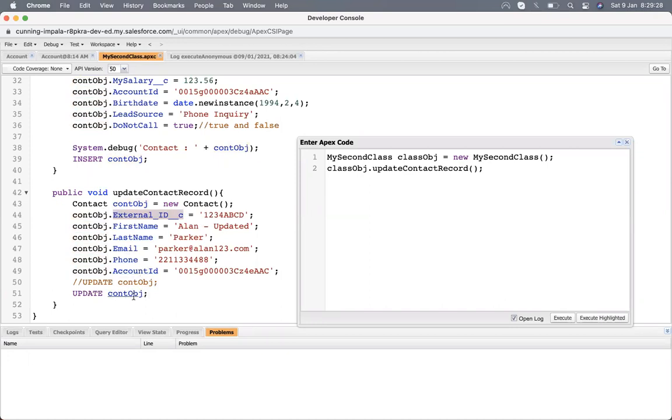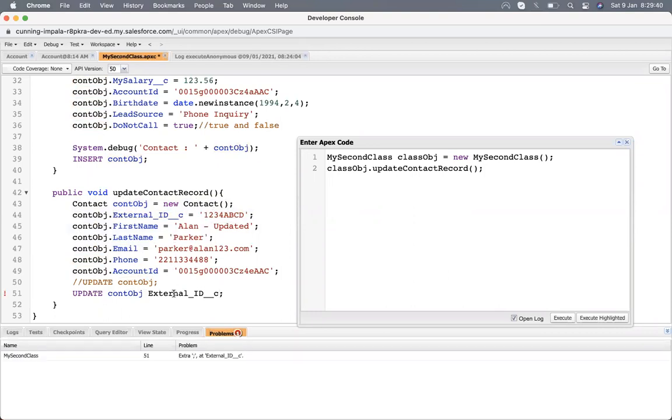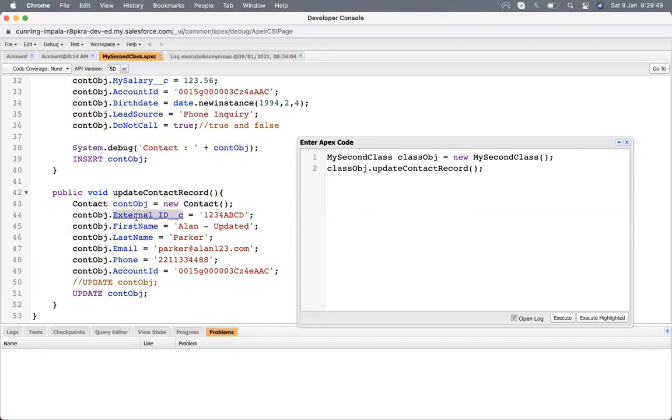Or it works only with the list of records. I think it works only with the list of records. Okay, I just got it. External IDs work only with the list of records.